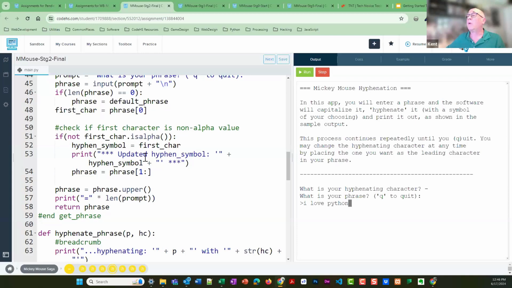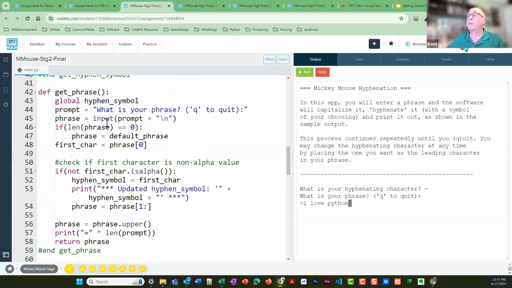So my point here is that I'm showing them stuff that's contextual, that's serving a purpose of doing something that's kind of goofball, hyphenating a phrase, but I'm wanting them to see the power of Python and establish some high-level ideas early on that they're going to be practicing in baby steps in the CodeHS assignment. So anyway, hyphenating phrase, notice this stage, stage 2, did a little bit more work with get phrase, letting me grab the first character. Oh, and I didn't show how that works.